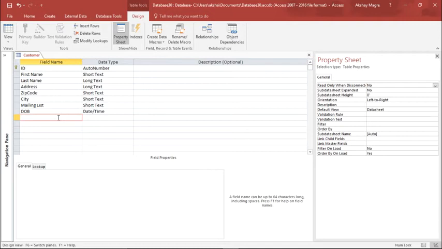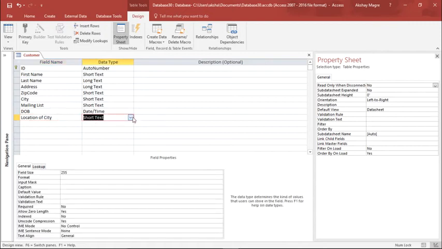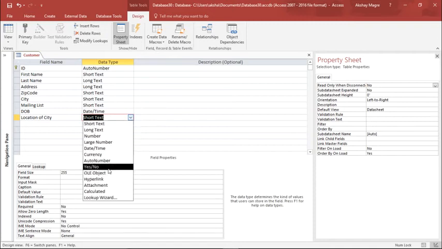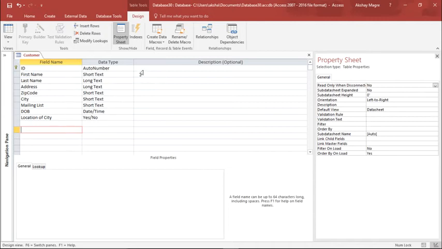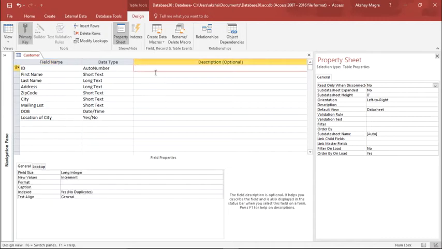For that, I am creating a new field, and that new field will be location of city, and for this field I will create a yes and no object. So I've selected this as yes and no.